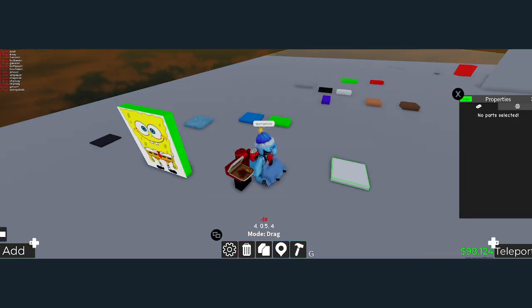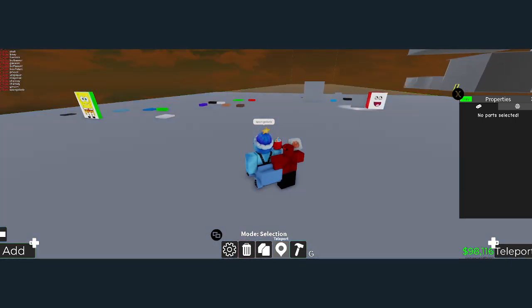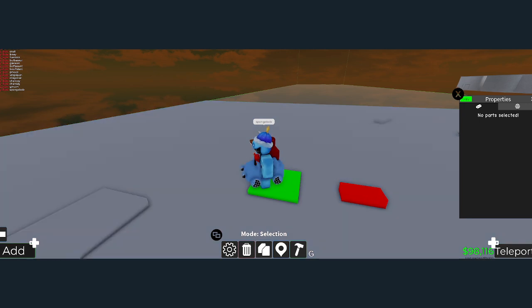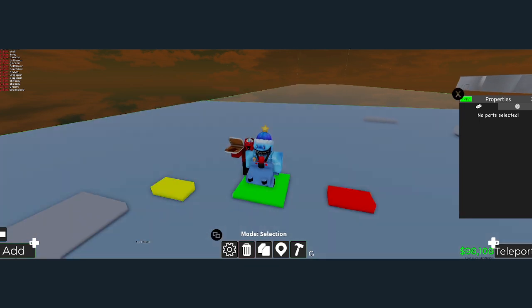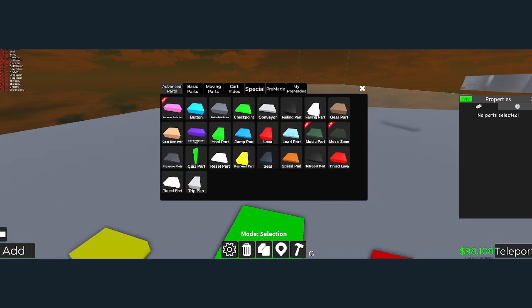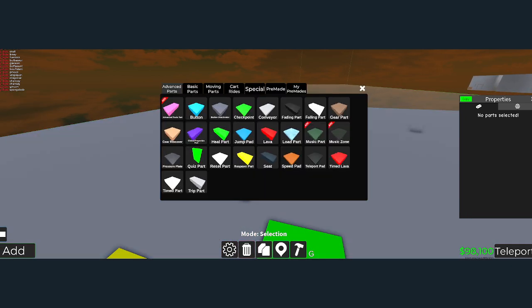Next is the reset part, which resets the entire obby. But if you touch a checkpoint, then there's the respawn part, which respawns you. So it's kind of like the lava part. So next is the seat, which makes you sit down. The speed pad,